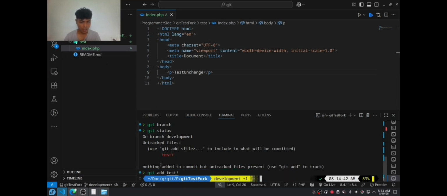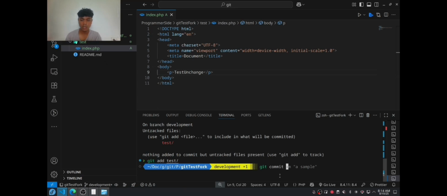As you can see, the text turned yellow, meaning I added the file, plus one, and we can commit it by typing git commit -m, meaning message. We can do just commit, but it will open a file and we can type the text there. But as just an example, we'll just try test there. Test.